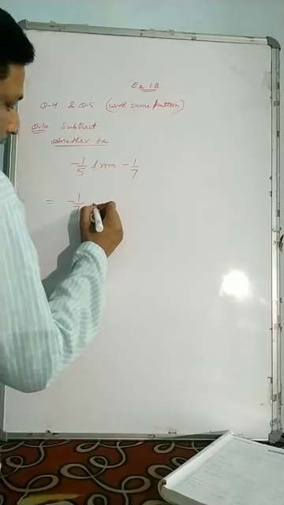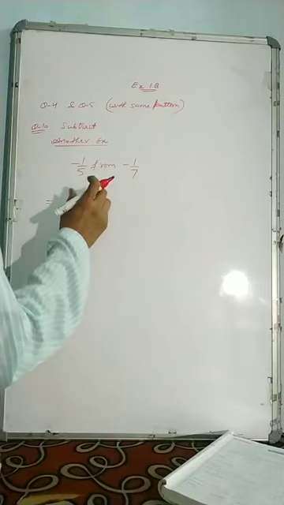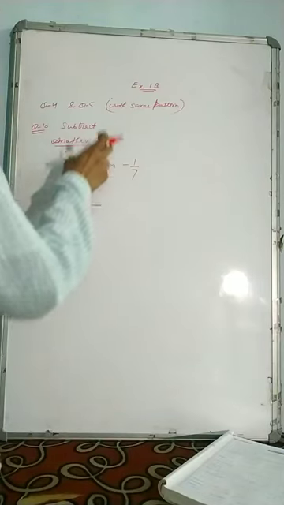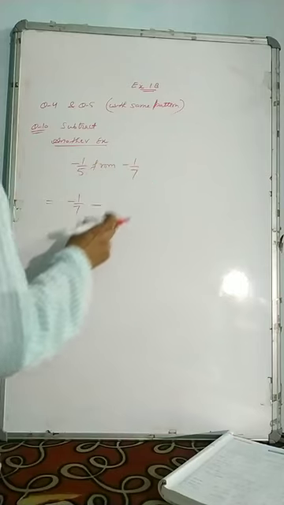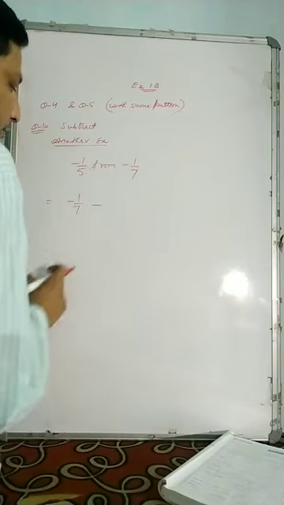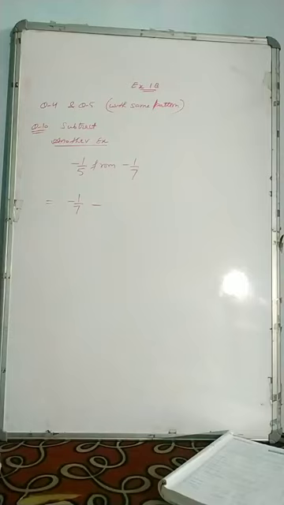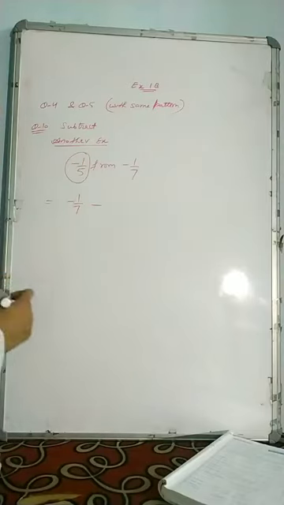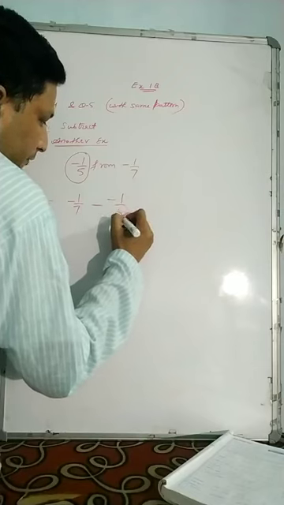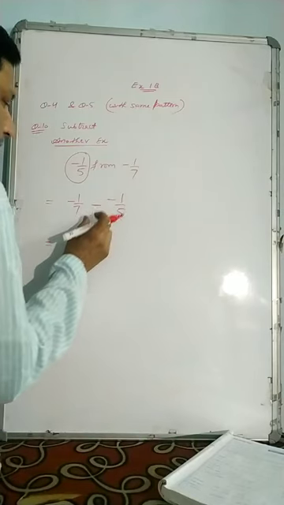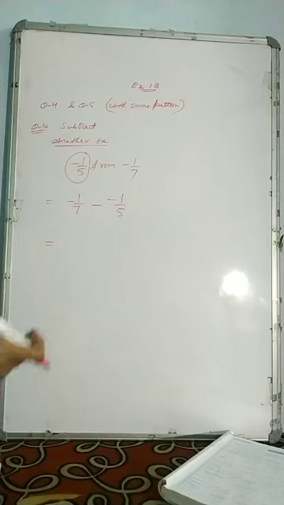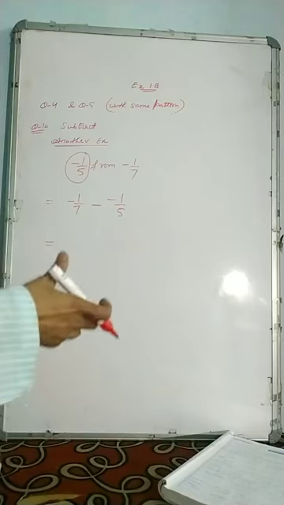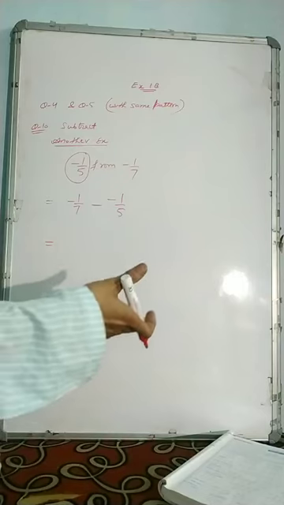Now here we will write the minus symbol, because according to the question you are going to subtract two rational numbers. So here you will write the minus symbol between the two rational numbers. Now after that you will write the first rational number, that is minus 1 upon 5. Here you can see there are two symbols between the two rational numbers, so you will convert them into a single symbol, and this process is also known as standard form.